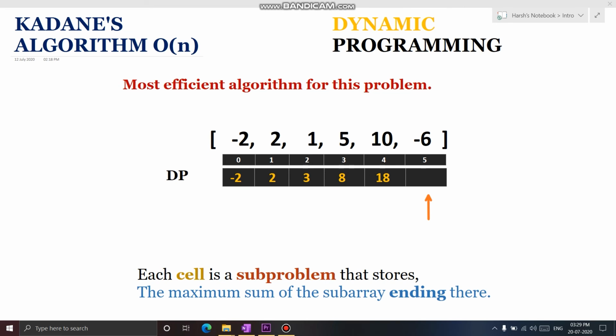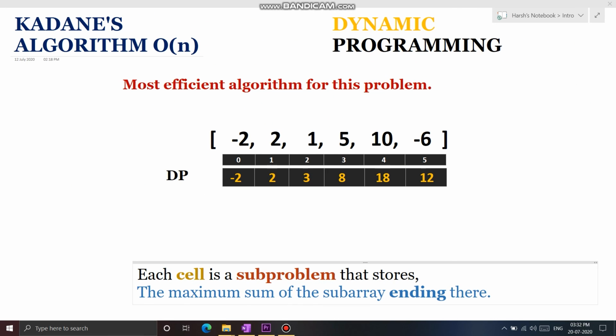So finally, we are at the last index. The element here is -6 and the subproblem is find out the maximum subarray sum that ends at index 5. Again, we have two options. First, start a new subarray using -6, and the second option is expand the subarray that ends at index 4 and whose sum is 18, so that the subarray sum becomes 18 minus 6, which is 12. And out of these two choices, we pick the maximum one. Therefore, the answer to this subproblem would be 12.